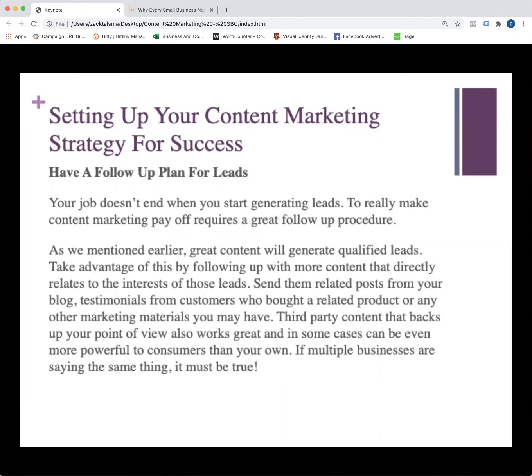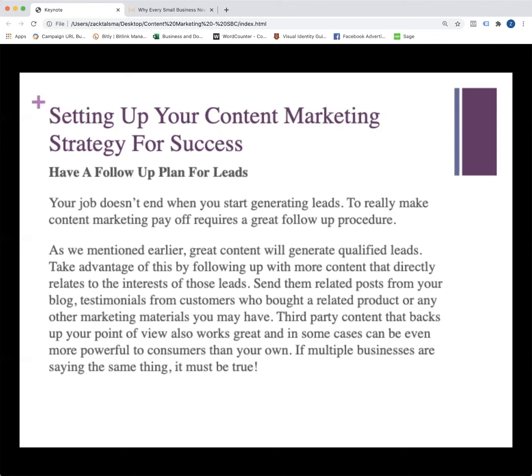As we mentioned earlier, great content will get you very good qualified leads. Take advantage of that by having specific follow-up plans for specific pieces of content. So you know that if they download this piece of content or they sign up for this free trial or whatever the case may be, that they're interested in a very specific product or service. So have a follow-up plan for that, where you're sharing testimonials from people that have bought those services or products, related posts from your blog that talk about those, or from third-party